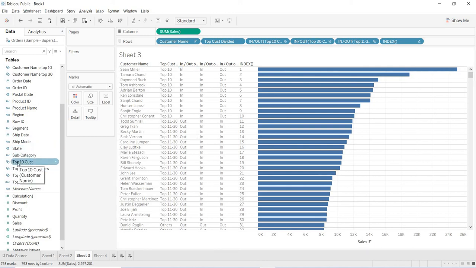We first created top 10 customers, and then we created top 30 customers, and then you know that minus operation in sets, right? Top 30 minus top 10. It will give us 11 to 30. Sets are very powerful, guys, and sets with actions is to the next level. So try to get a comprehensive understanding about sets, which will help you a lot.